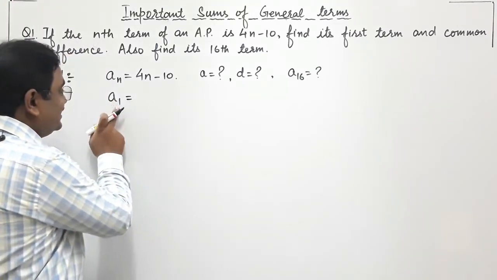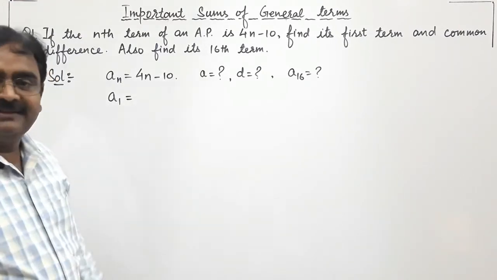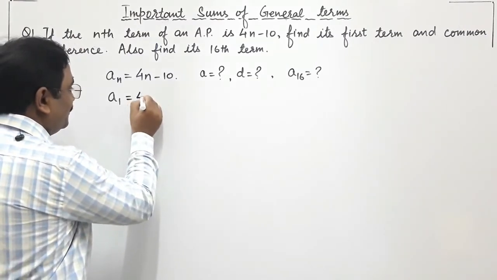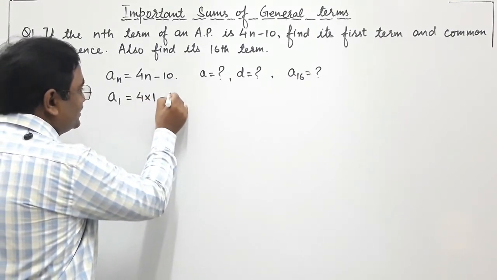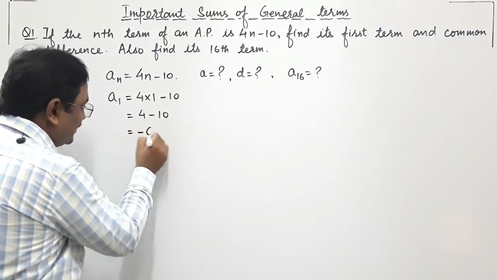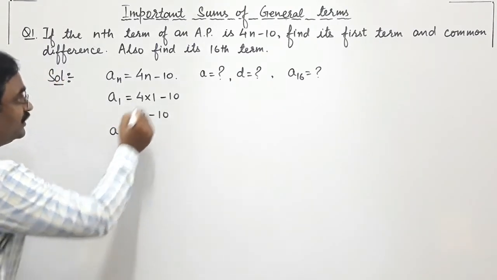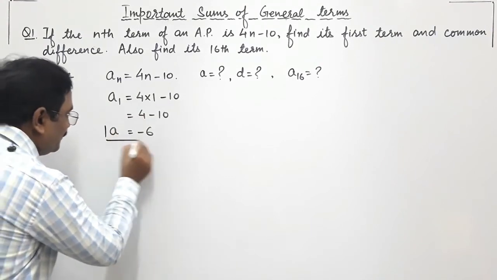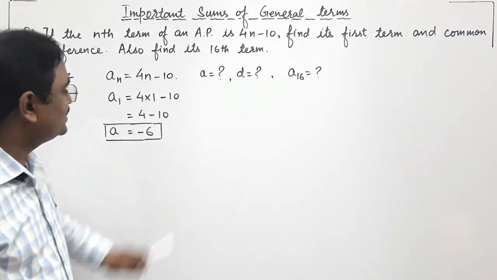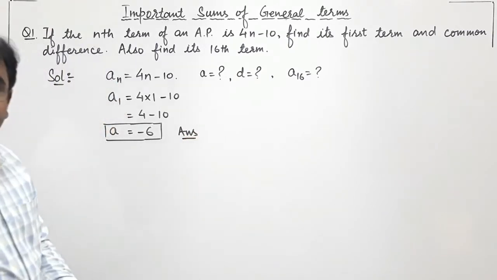So as you have taken n is equal to 1, in the formula 4n minus 10 we also substitute n is equal to 1. So let us see what happened. 4 multiplied by 1 minus 10. So this came 4 minus 10, that is equal to minus 6, and this is the first term of this series. Therefore the first term came, your first answer. It was asking what the first term is, so the first term is minus 6. ये आपका पहला आंसर मिल गया. ठीक है, चलो.